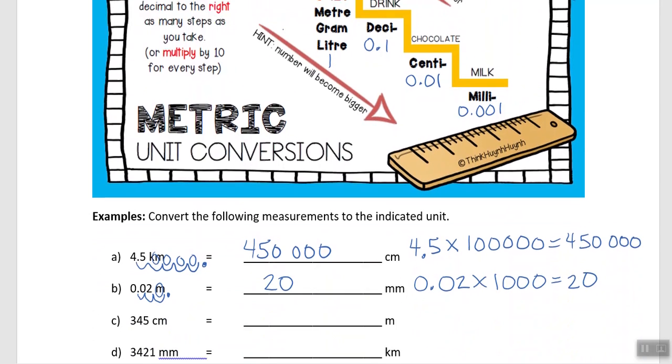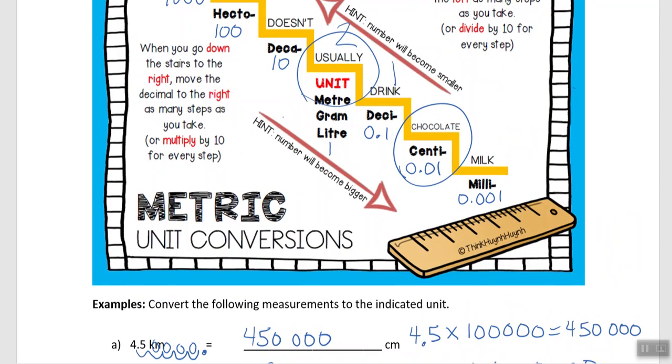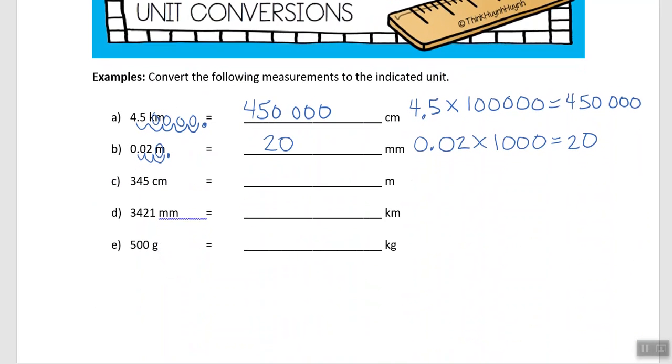So I'm going from, again, a centimeter to a meter. So I'm going up 1, 2 stairs. Okay. I'm going to start by taking my 345 and I'm going to divide it by 100, or 1 with 2 zeros, because I'm moving up 2 spots. And that is going to give me an answer of